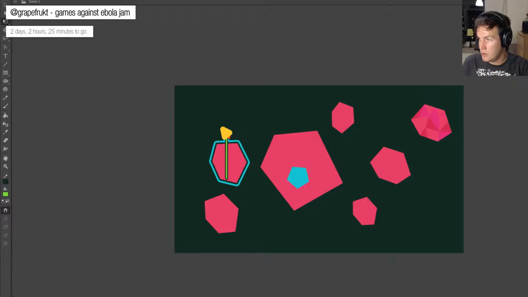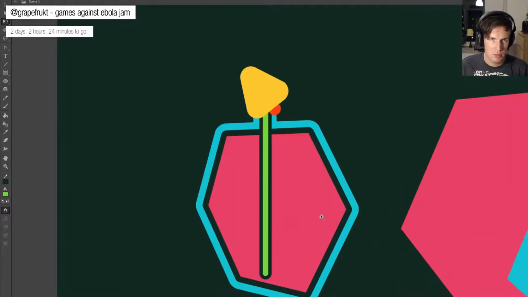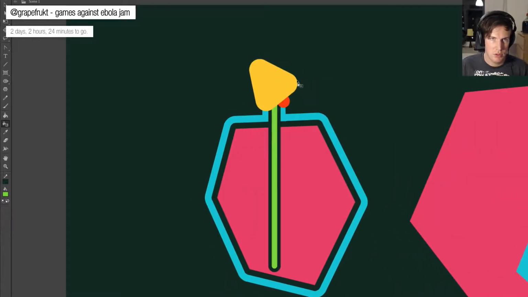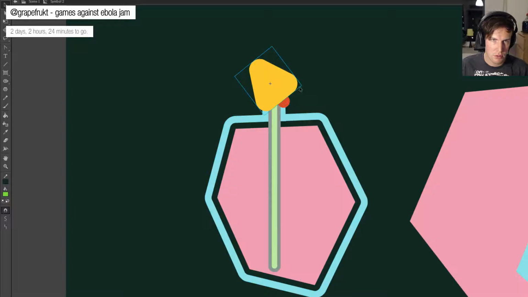If the drilling thing is also yellow, it kind of looks like the ship is injecting something into the asteroid. I guess maybe that's what I want. I don't know yet. But I think this is what I'm going for right now. Suppose could also have like an outline on the